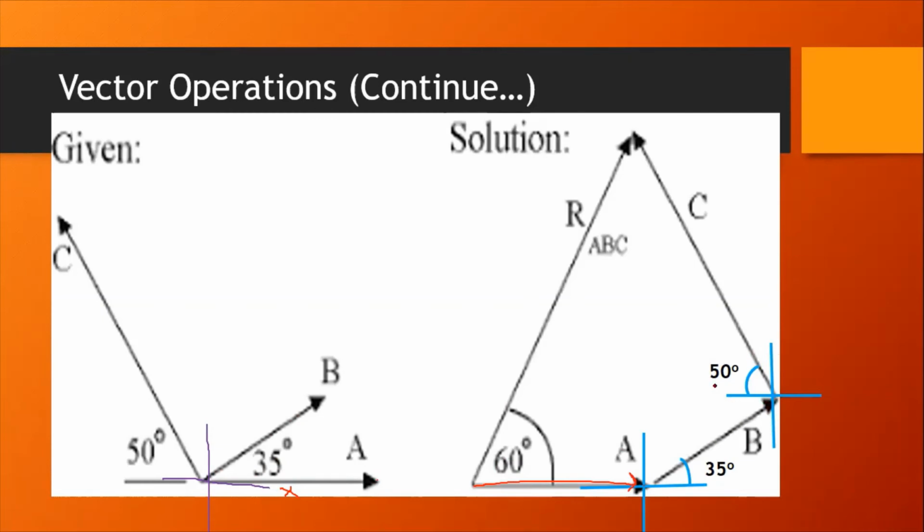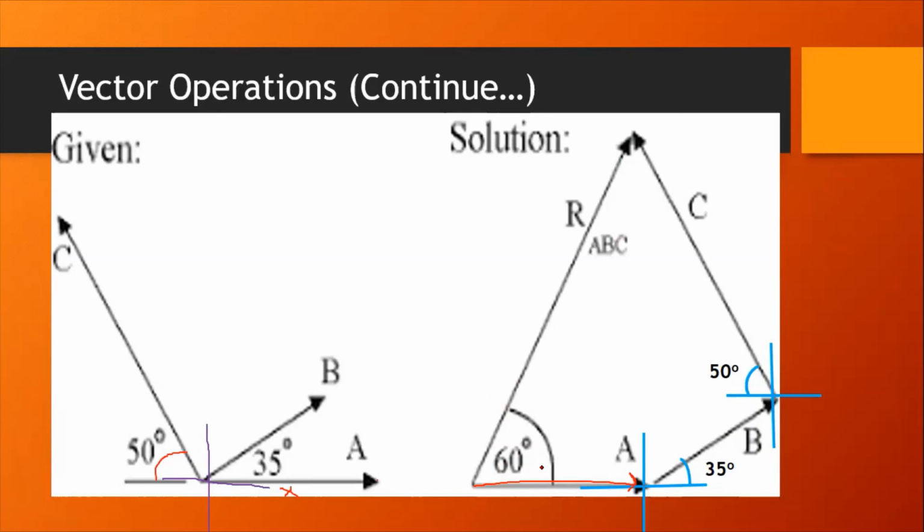We will make axes here, and you can see how much angle is here. This is from the negative x-axis, that is 50 degrees. So what we will do, we will make 50 degrees here, and we will draw the vector C from here, and then finally we will draw the resultant. So this is the way to calculate it, and how this 60 degrees comes out, you can easily calculate it.